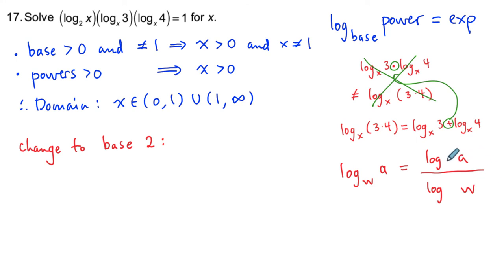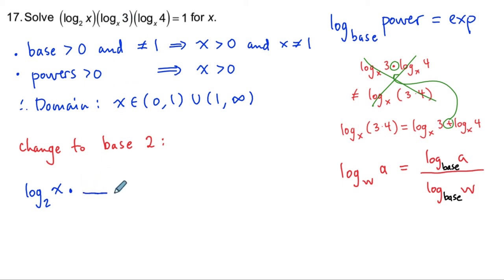And we can have whatever base we want as long as it's the same base top and bottom, and of course as long as the base is acceptable, positive and not equal to 1. So we're going to change each of these expressions according to this change of base formula. Now the first logarithm, log base 2 of x, already has a base of 2, so I don't need to change it. Log base 2 of x,